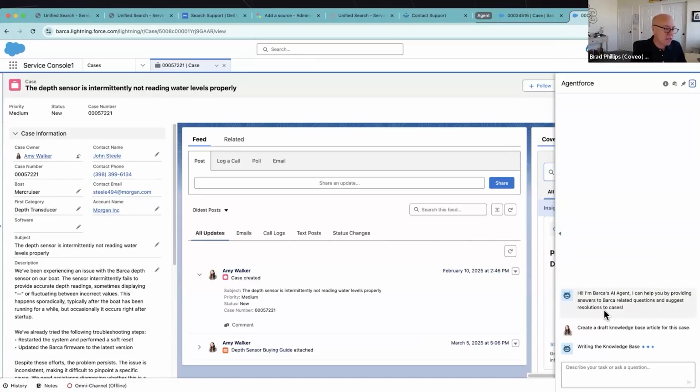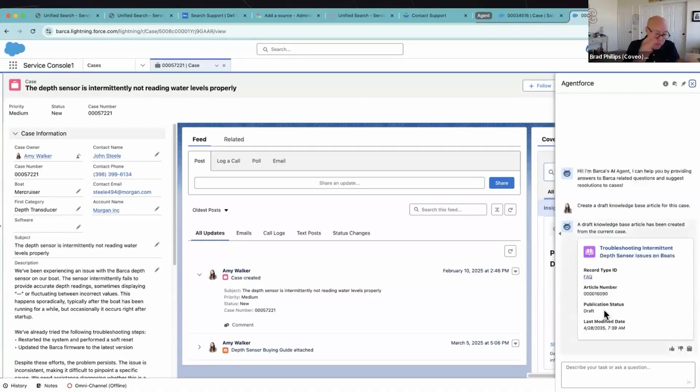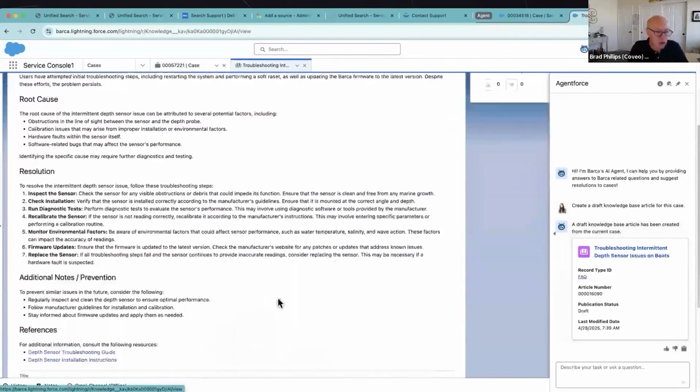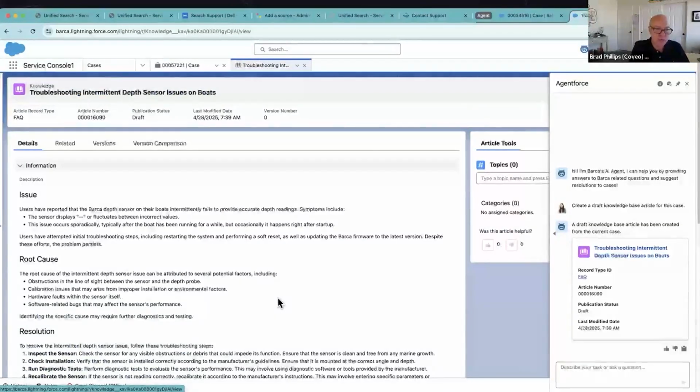And what we're asking Coveo and AgentForce to do now is dip into that index of content, look at this case, look at other cases, look at supporting content. Maybe we had a swarm in Slack where we worked on solving that. Maybe we used some Jira content, etc. And then hopefully in a second here, we're going to see that that information is all passed to the Atlas Reasoning Engine in AgentForce. And there you go. A brand new knowledge article, a draft knowledge article, has been created, bringing together all of that content. So very helpful with KCS.